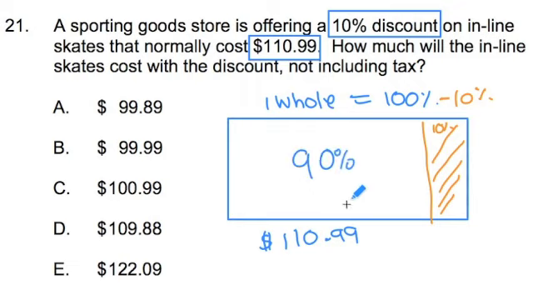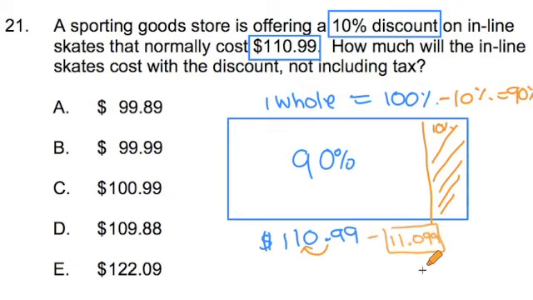So there's a couple of ways to think about this. One way to solve it is to find out what 10% is of $110.99 and subtract it. Right? Because 100% minus that 10% will get us that 90% that we're actually paying. So let's try that. I want to find 10% of this. The easiest way to do that is to move the decimal over one space here, and we would get 10% is actually equal to